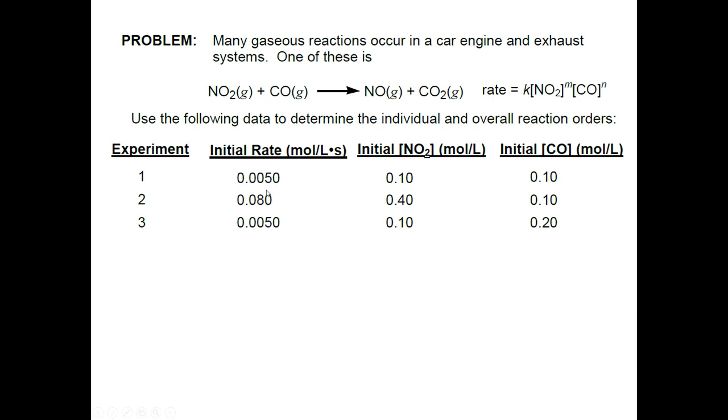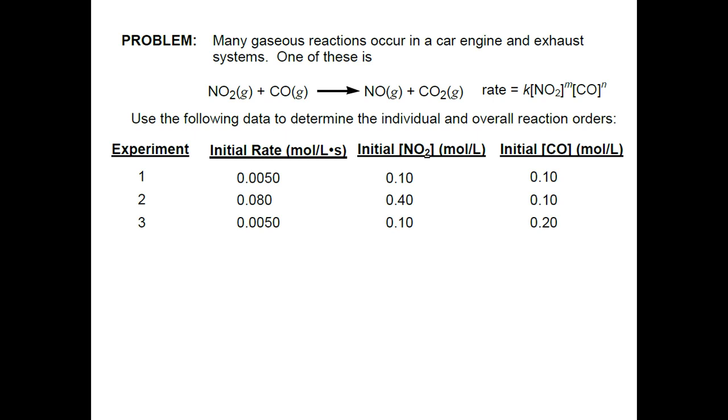And then we look at what happens to rate. Now you may not be able to tell right away that this is a 16-fold increase, and that's okay. You can do your ratio of your rates. So in this case, 0.08 divided by 0.005 will show you that it's a 16-fold difference. Same way you knew that 0.4 divided by 0.1 was a 4-fold difference. I recommend putting the larger number on top so that you get a whole number for your difference instead of